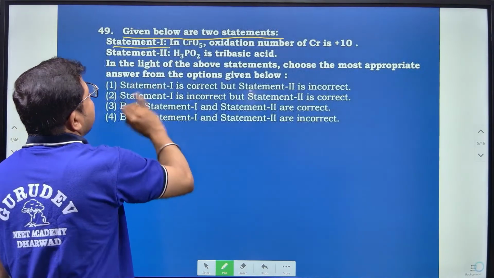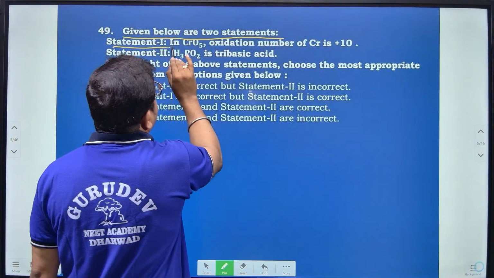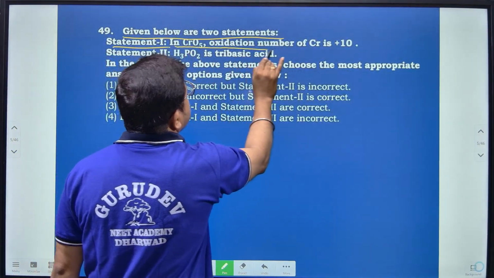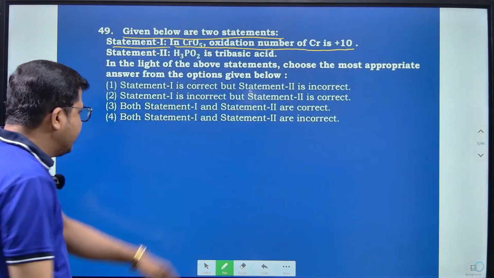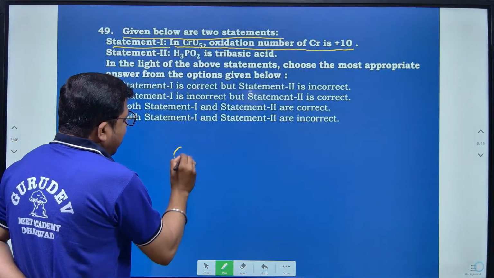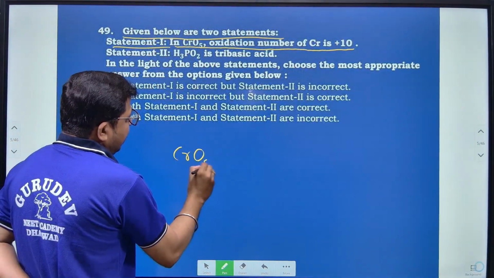Statement 1: in CrO5 the oxidation number of Cr is +10. Is it possible? Let us see. In CrO5 there